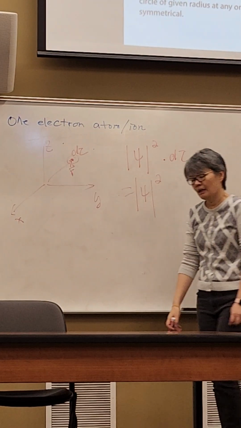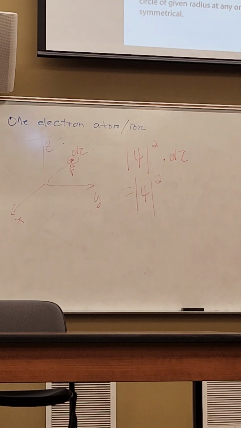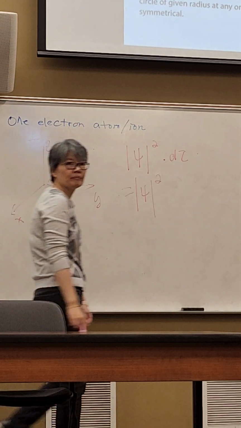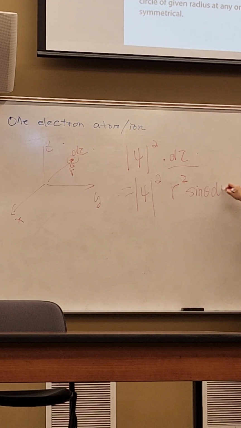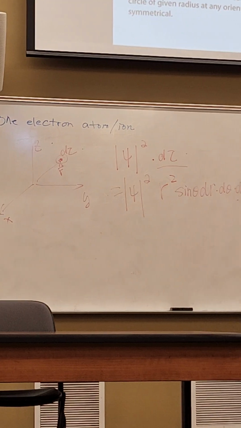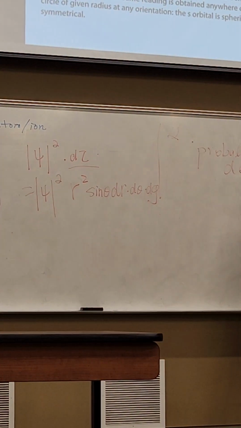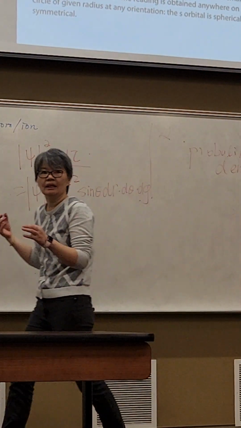Now, if it's in three-dimensional space, I want to represent it not by Cartesian coordinates but by spherical coordinates. How do we write the dτ, guys? You have r squared sine theta dr d theta d phi. That is a generic,